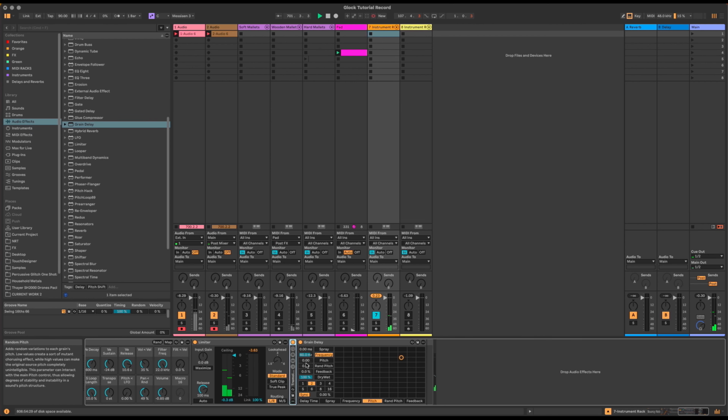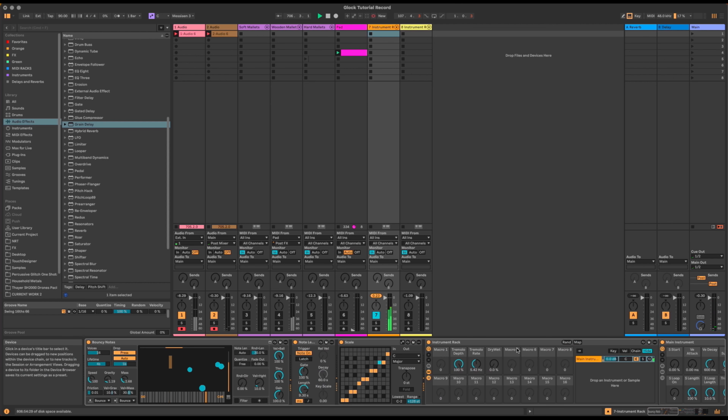We're going to set pitch 12, so it's always doing octaves. Some feedback. Yeah, and we're going to map that to macro 4, which is then the grain delay dry wet. Okay,